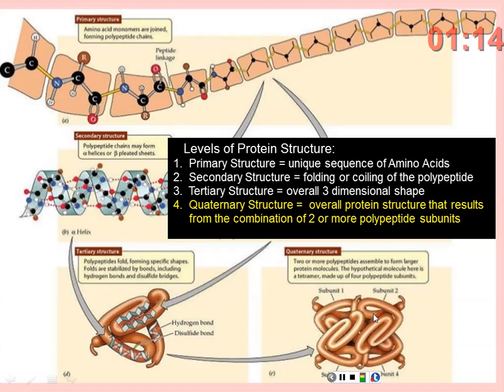Hemoglobin is similar to this illustration right here. It has 4 subunits. And the 4 subunits come together to form the hemoglobin molecule, and the oxygen literally sits in the middle of the hemoglobin on your red blood cell. Right there. As a matter of fact, guys, to tell you how important the exact sequence of these amino acids actually are,